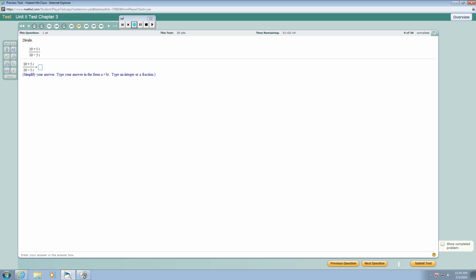So 10 plus 5i over 10 minus 5i. And that's going to give you shortcut number 3 on the bottom. I told you, you're not going to get away from the shortcut until you are finished with your math career, which you will probably be an engineer by then. Okay? So we're going to multiply